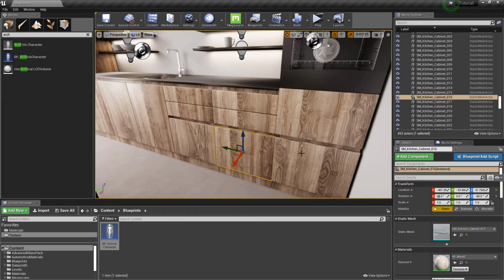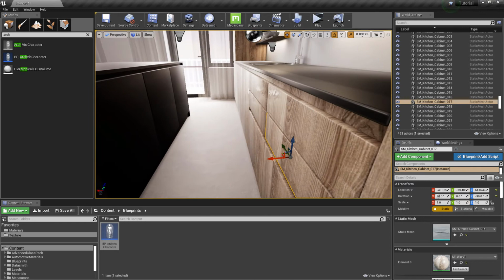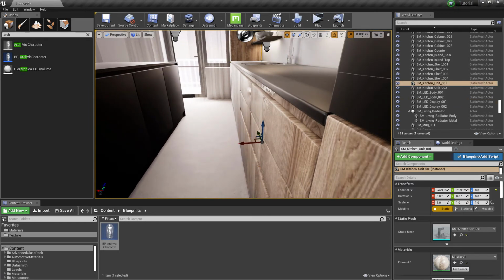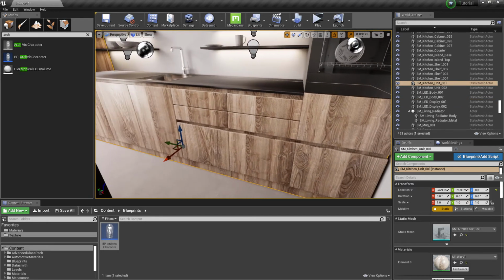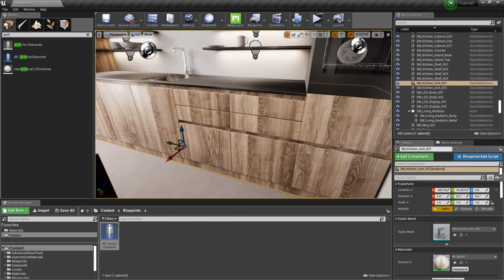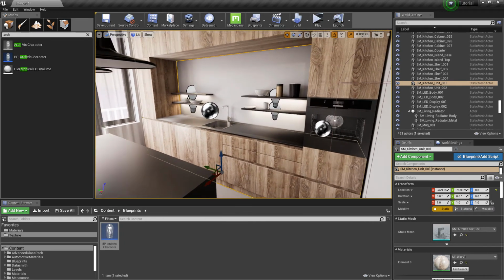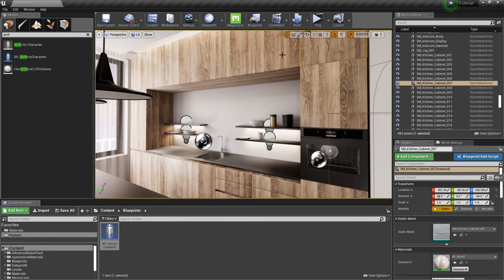Now you do not need to add collision to each and every asset. These small assets are just next to a single big asset. I can apply collision to that big asset and just be done with it. We don't need to add it to all these small assets here.